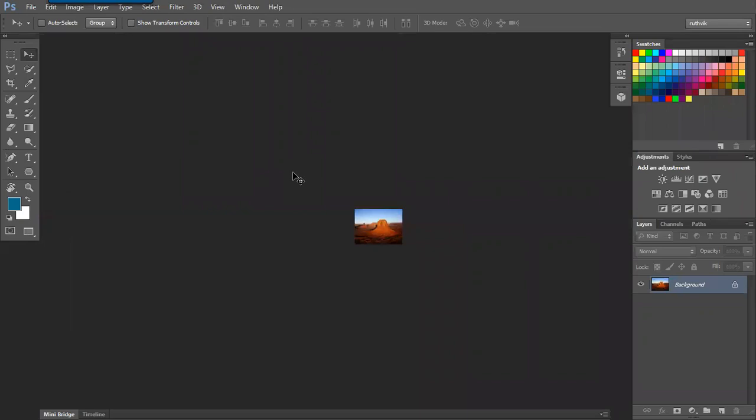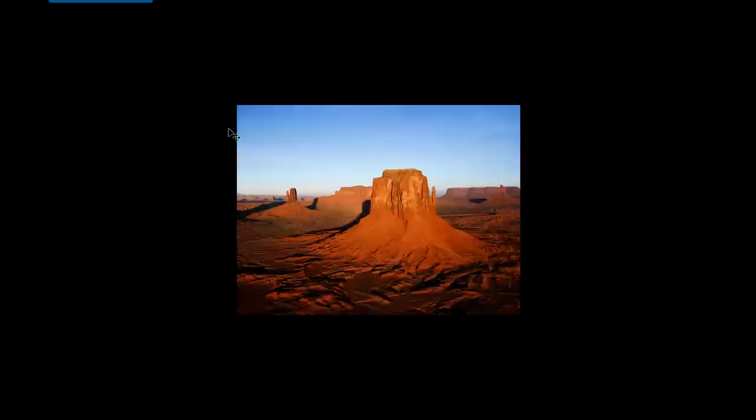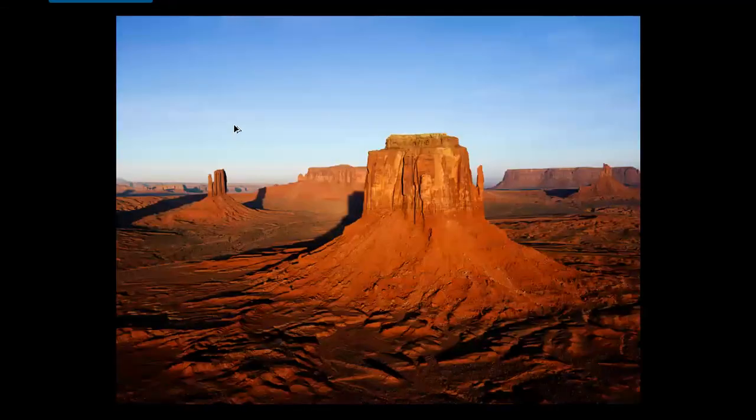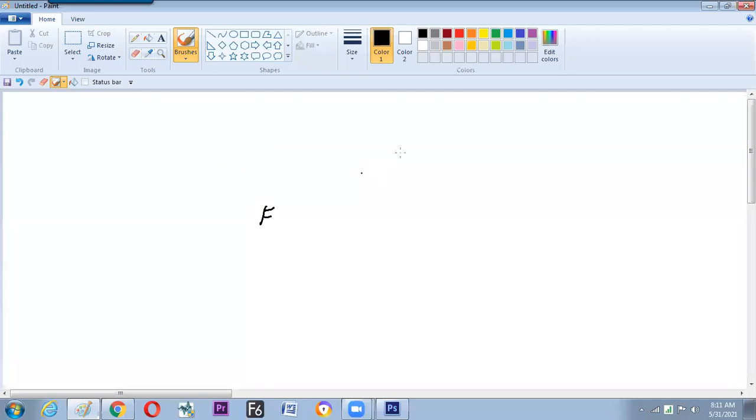Next, F is to hide the menu bar and the tabs and all. And Control plus is to zoom up, zoom up, zoom up. Control minus, zoom out, zoom out. Control 0, fit to the window. So hope these things are okay. Control plus, minus, 0: these three buttons are used to zoom in, zoom out, and fit to the window.